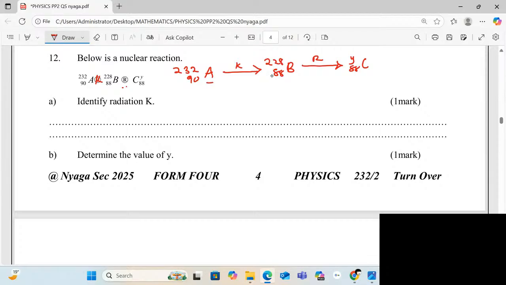From A to B, we can see the mass number reducing by 4 units, whereas the atomic number reduces by 2 units. This represents helium, and helium stands for alpha radiation. Whereas from B to C, we can see the atomic numbers are maintained, meaning that the only radiation that can